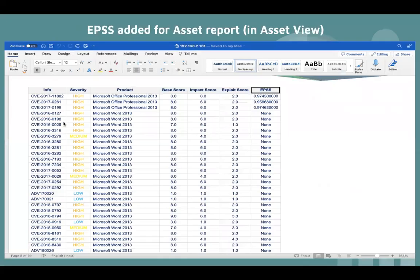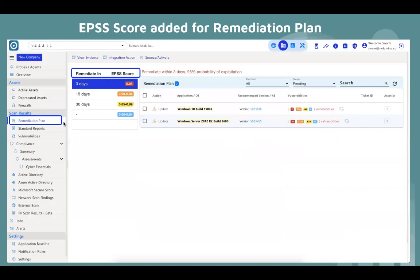So what we've done is basically brought in this entire EPSS score in a more holistic fashion. Now when you go into your remediation plans, whether it's a global remediation plan or the asset remediation plan, you essentially see, and this is only for pending remediations, not for what you've completed, because we don't care about that, a breakdown which says remediate within 3 days, because the EPSS score